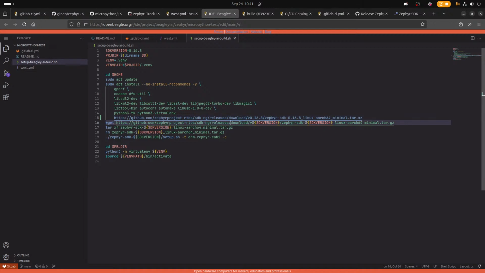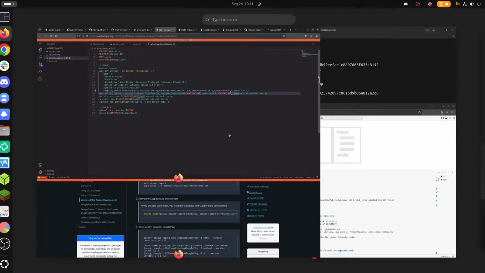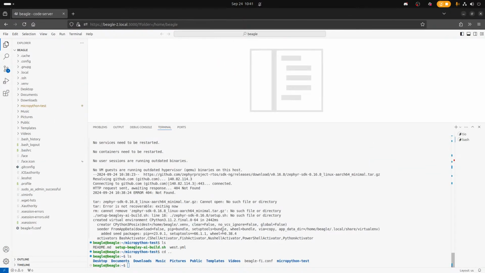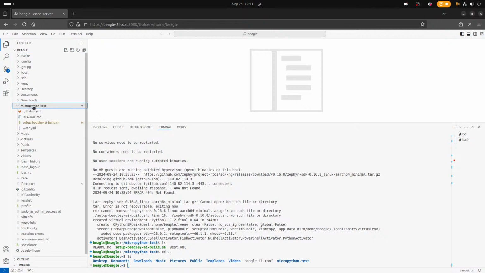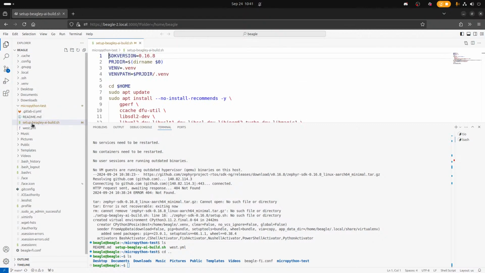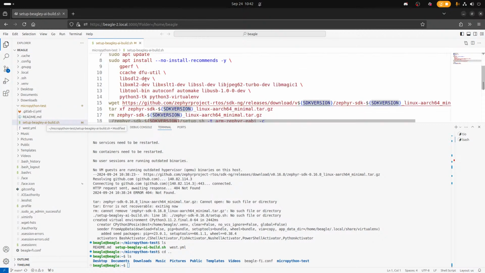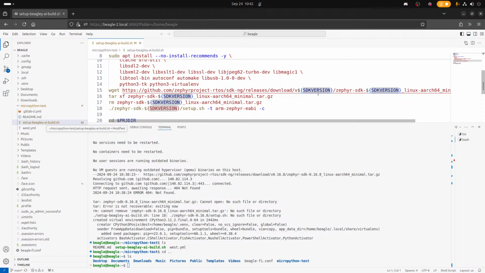Tell me where there's a difference. SDK version, that's 16.8. SDK version 0.6. Yeah, I don't see it. It seems to be the same.